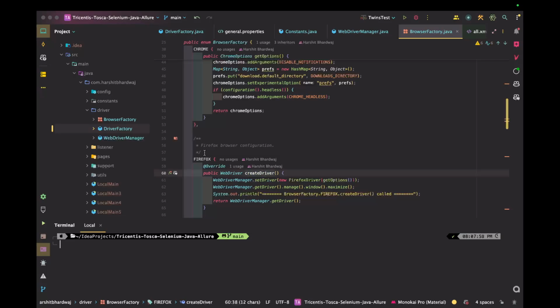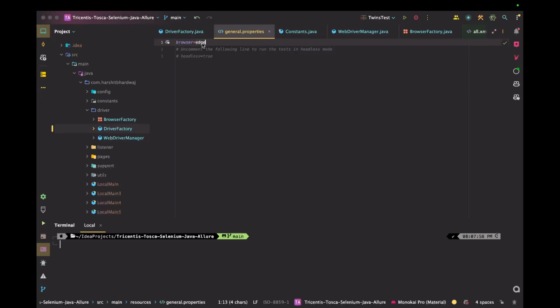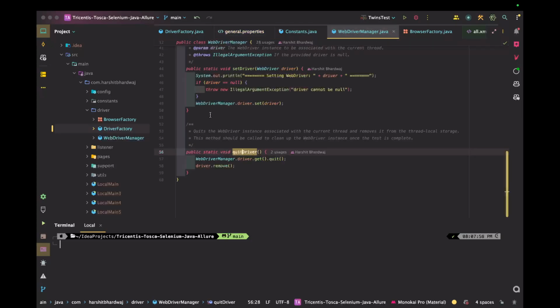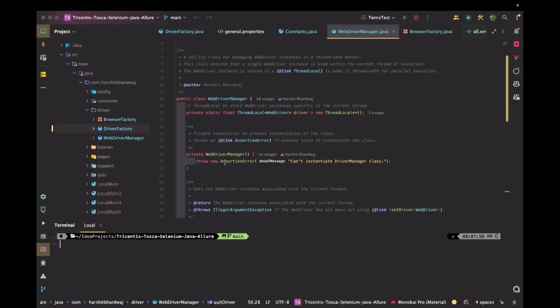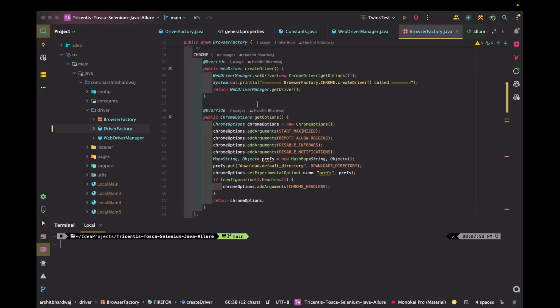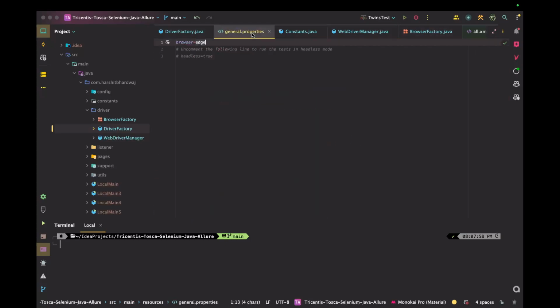In case we pass a valid driver name, which is being passed from here, that is Chrome, Edge or Firefox, then the appropriate driver will be returned back from here. But if we try to pass an invalid name, something like I'm passing this, and I try to run the test,